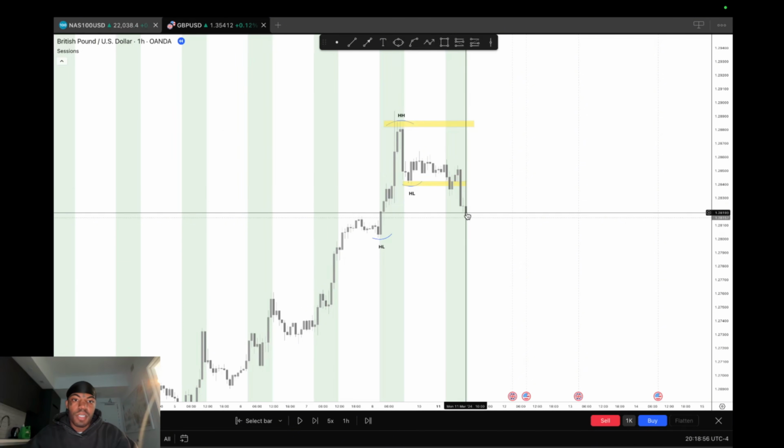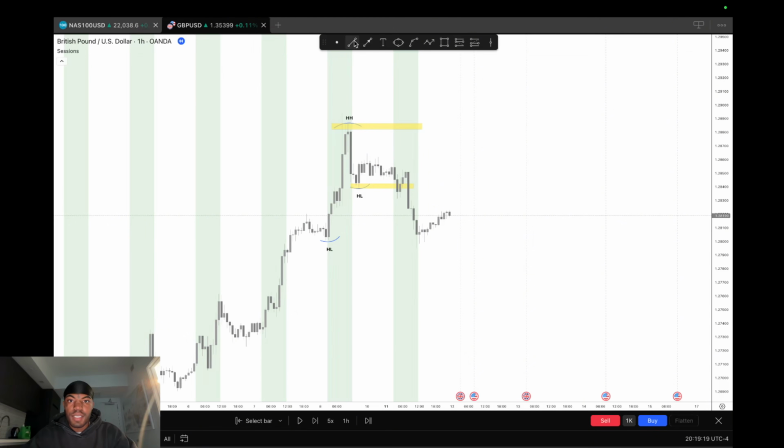The next day, or even out of session, it'll start to make that push back up, which is super cool. Especially on days like Mondays and Tuesdays and even Fridays, price makes that indication, and then coming into the following day, it'll make the whole move that it wants to make, or probably 2 days in advance, it'll make that final move. But with this being said, price ends up looking for a new level of support, and this level of support,